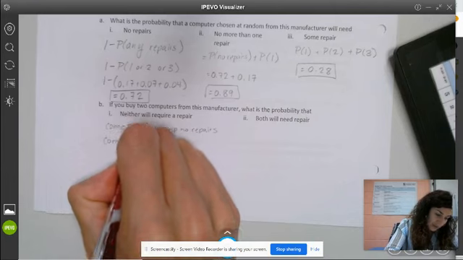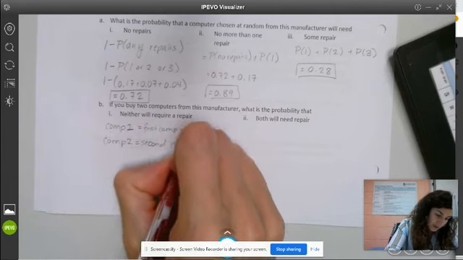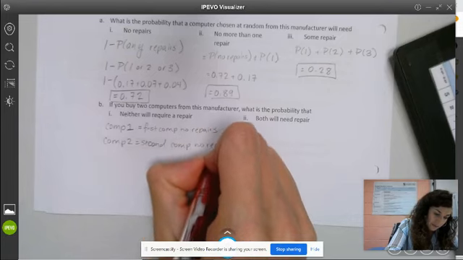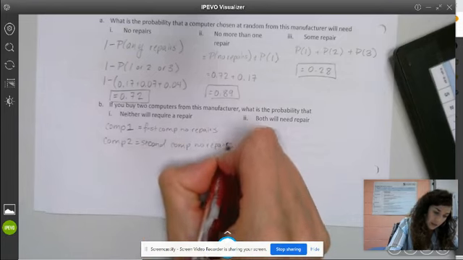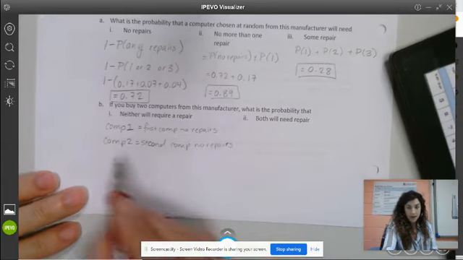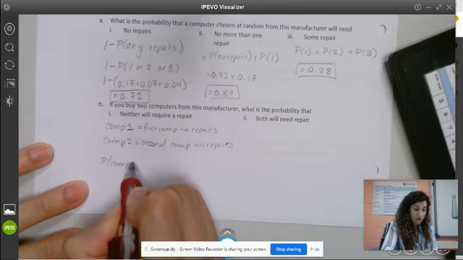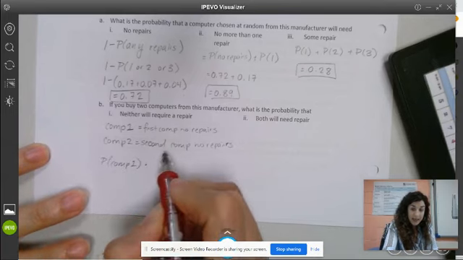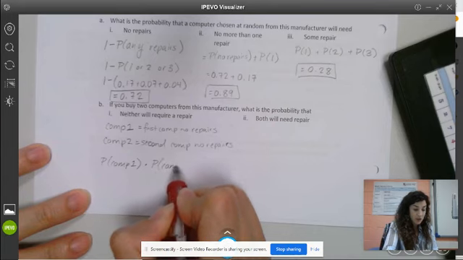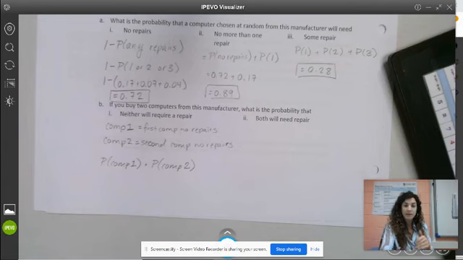Comp 2 will be the second computer, no repairs. If you bought 2 computers, what's the probability that neither of them will require a repair? It's the probability that comp 1 will not receive a repair and the probability that computer 2 will not need a repair. So it's this idea of those probabilities being multiplied together because neither of them can get a repair,